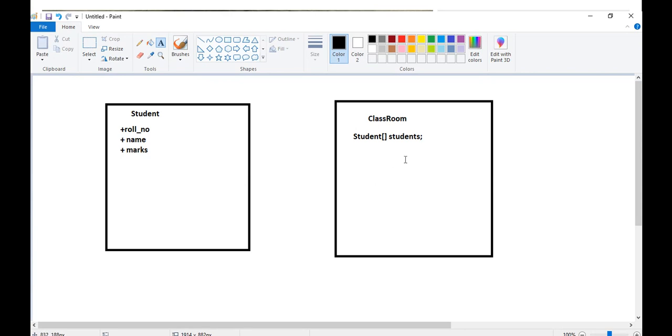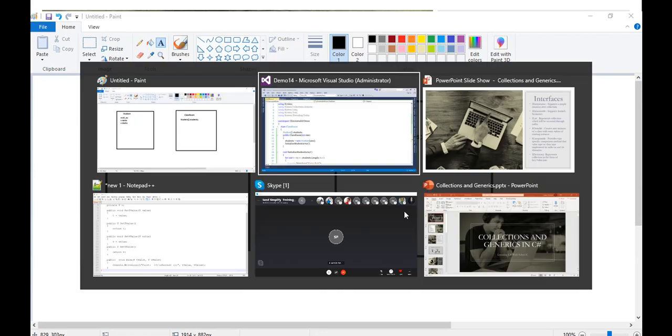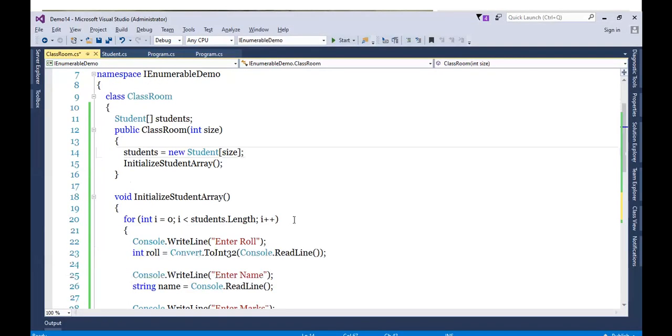Or second option, I will do it by myself. How? By calling the public method of the student class in the classroom class, because I know the principle. Though there is no relation between these two classes, public functionality of the student class is available in the classroom class. So without IEnumerable, I'm showing you the first criteria. Let's watch out whether it is working or not.